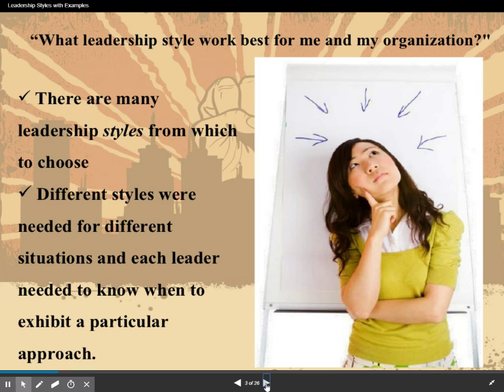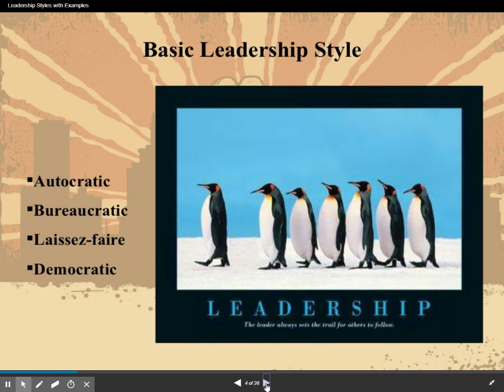As we go through that, you need to think about what kind of leader you could work for best when you're out in the work world. Know that no matter what you do in life, even if you're self-employed, you're still going to have someone that you answer to. Sometimes it's the government, sometimes it's the state, depending on regulations and stuff. But just know that there's always a type of leadership that we have to follow.